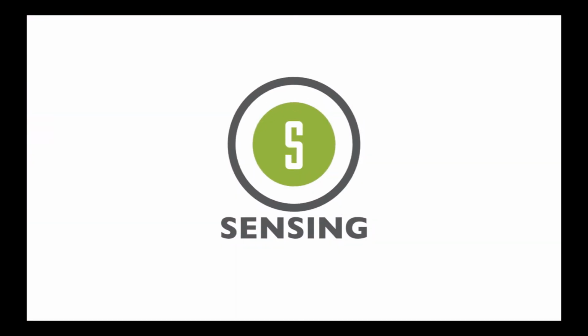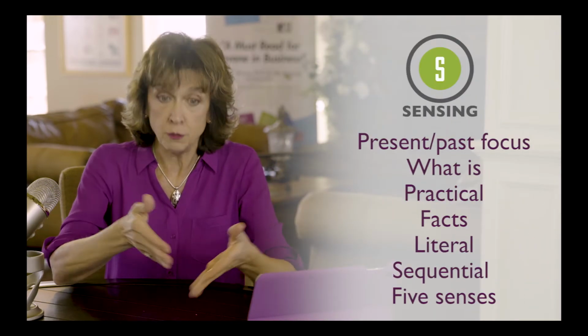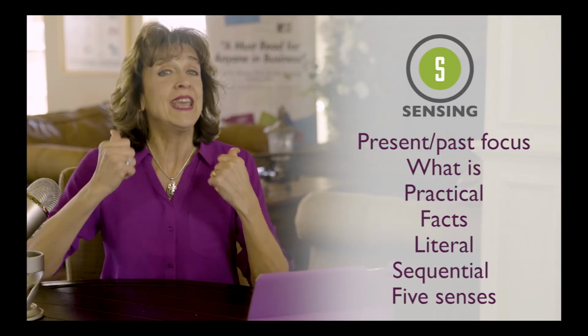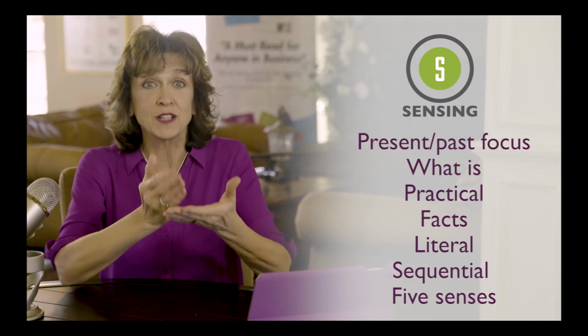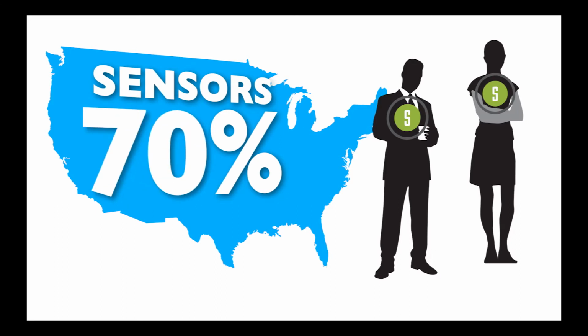Sensing perceptions have to do with your 5 senses, the part of us that notices sights, sounds, smells, and all the sensory details of the present, and also remembers details from the past. You see, it's the present where your senses are. And in the past, you have a record, an archive, or an imprint of the sensory impressions you've collected. So sensors are going to be here and now focused, in the present and in the past, detailed, practical, specific, sequential. 70% of the US population prefers to perceive the world by sight, sound, touch, taste, and feel. If I can wrap my 5 senses around it, it's real. I trust it, I value it, and I notice it. I look for those things first.